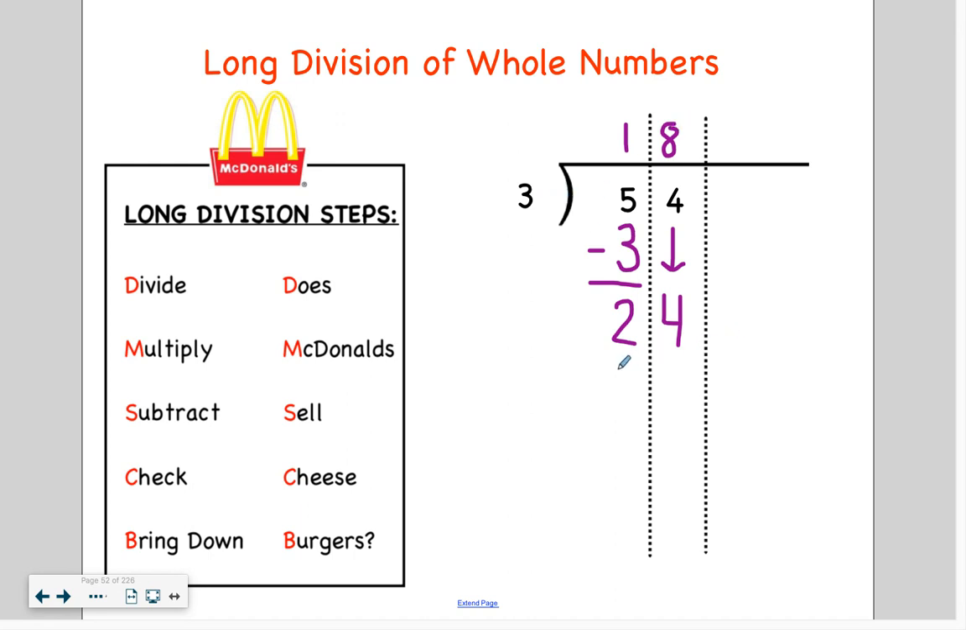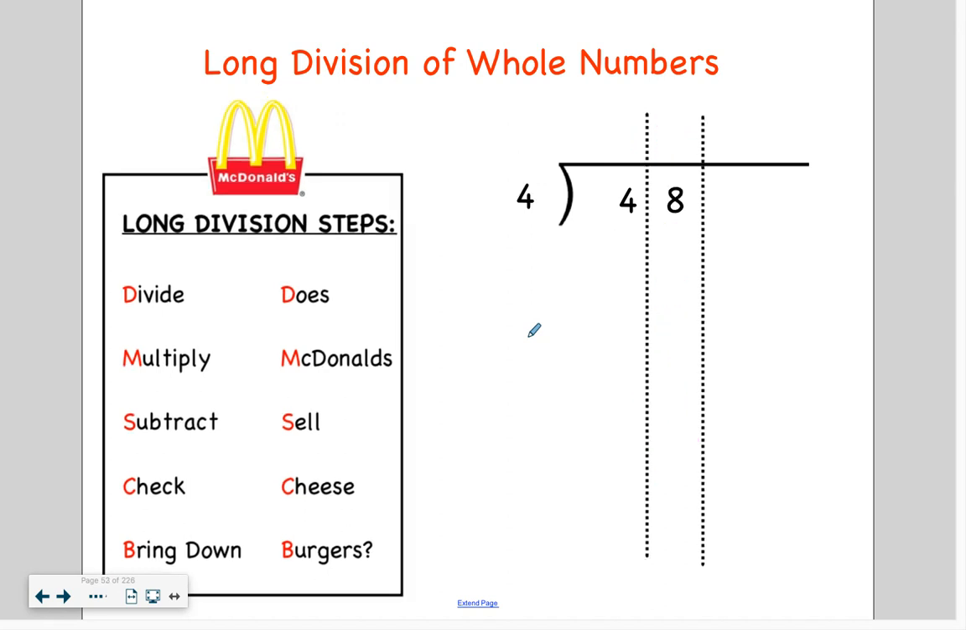Multiply. 8 times 3 is 24. Subtract. 24 minus 24 is 0. Nothing left to bring down, and our 0 is less than 3. So our answer is 18. Again, does division. 4 goes into 4 1 time. McDonald's. Multiply. 1 times 4 is 4. Subtract. 4 minus 4 is 0. Check. Cheese. 0 is less than 4, so we are good. Bring down our